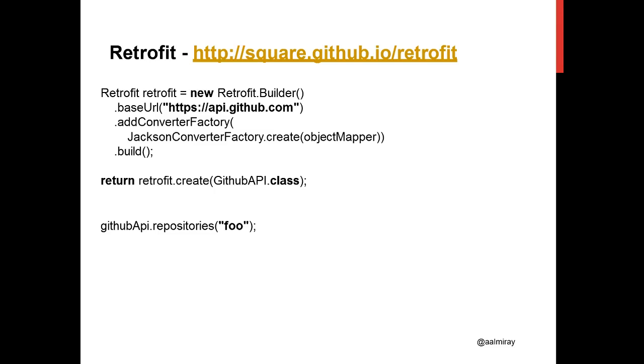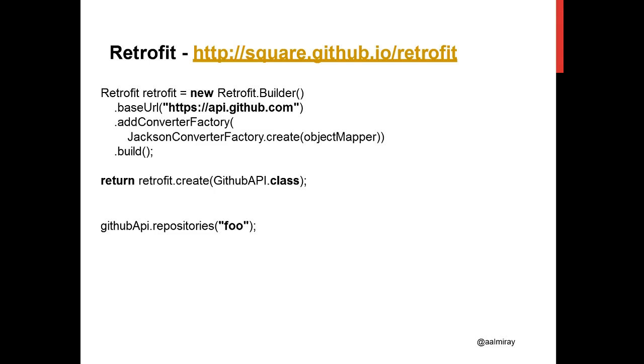So what we want to do now is create something that understands the contract that we just defined and that also understands HTTP. We're going to use an object of type Builder. We pass it some information such as what is the main entry point, in this case api.github.com, that's the URL. We add a factory that will do the conversion between JSON and Jackson. And then we create an object. The return of retrofit.create actually creates a Java lang reflect proxy that wraps around an HTTP client and does everything that it needs to do in order to